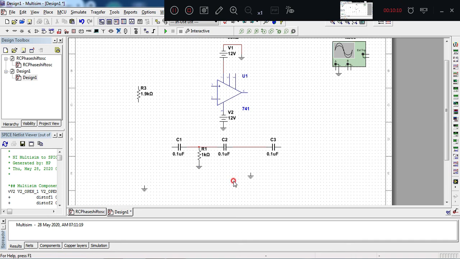To copy, Ctrl C is the shortcut, Ctrl V for pasting. Manually also you can try by selecting the component.